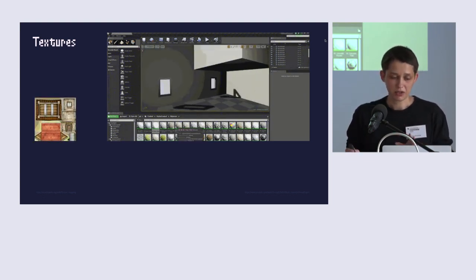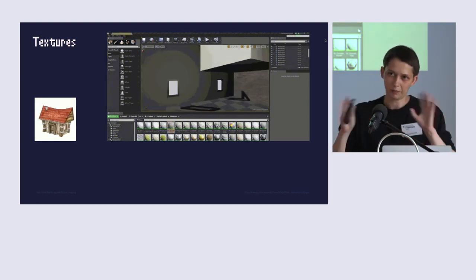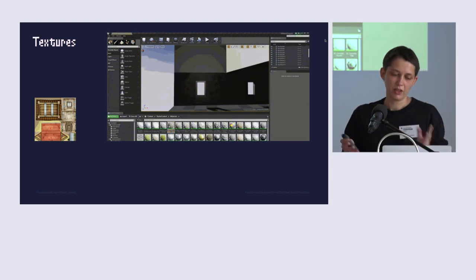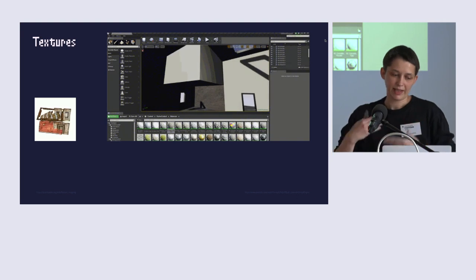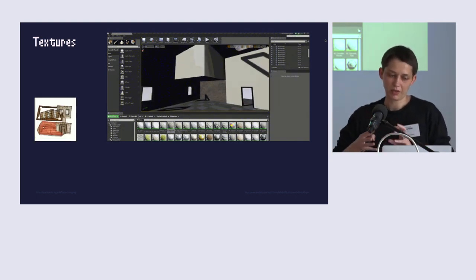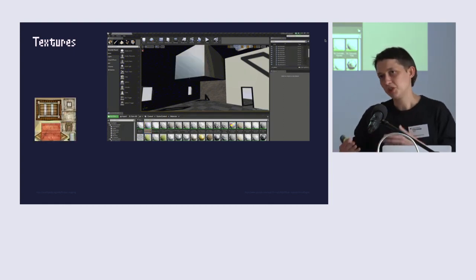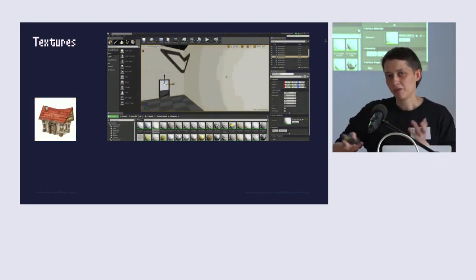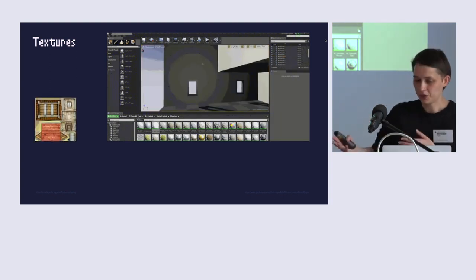And textures, this is an image file, and here on the left you can see that a plain image is transforming into a 3D object, which means that this plain image can be mapped to the graphical model of the three-dimensional world of a video game.